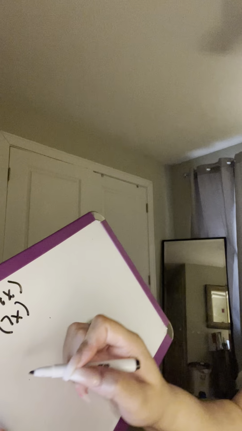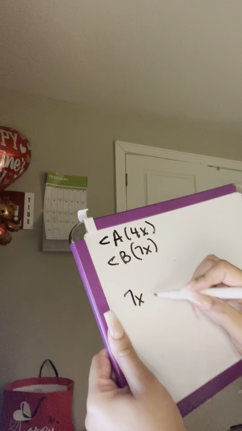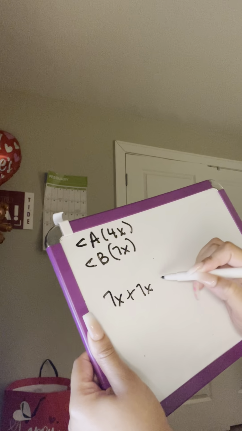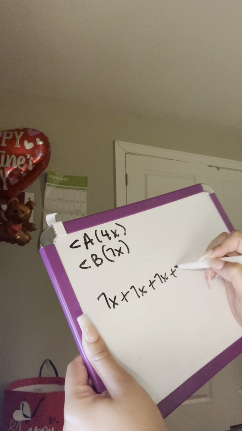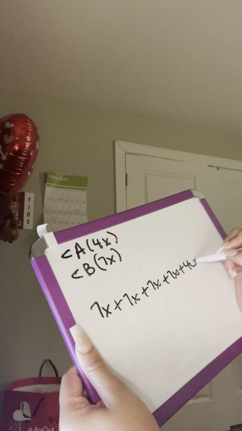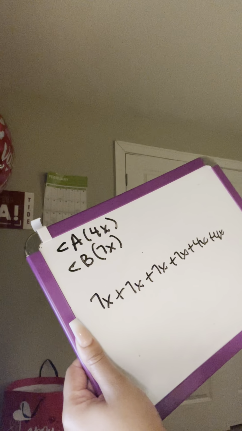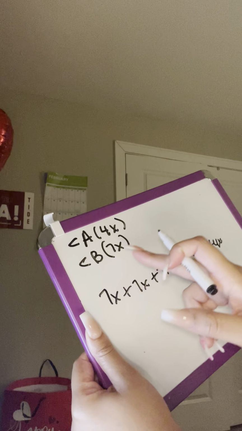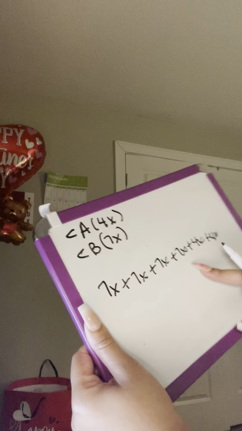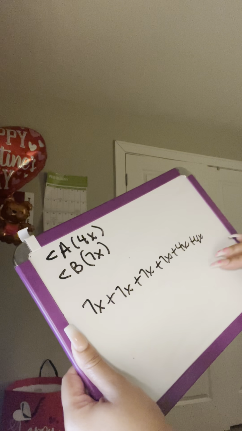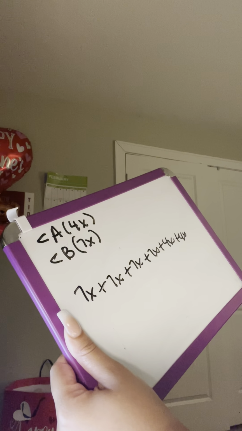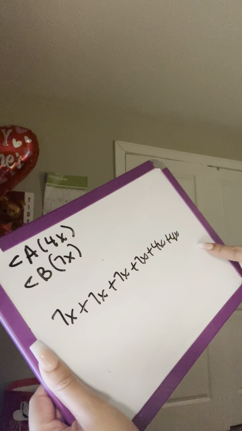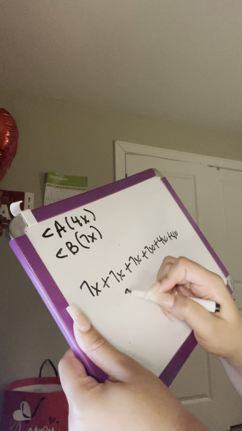So 7x is going to get 4. So you're going to add 7x, 7x, 7x, and then 4x and 4x. That's going to be the same format each time. You're going to do 4 of them, and then the other one is going to be 2. So once you add all of these up, you're going to get 36x